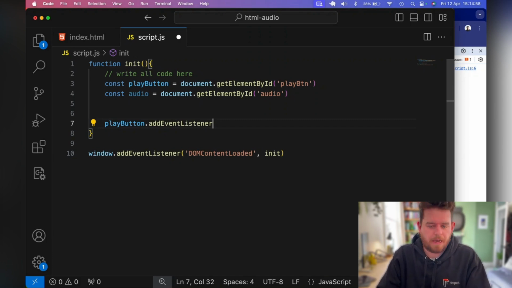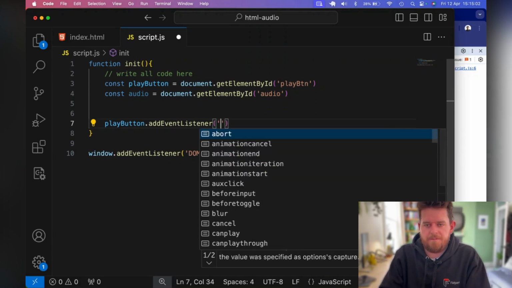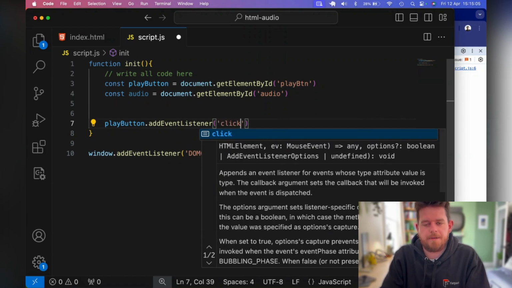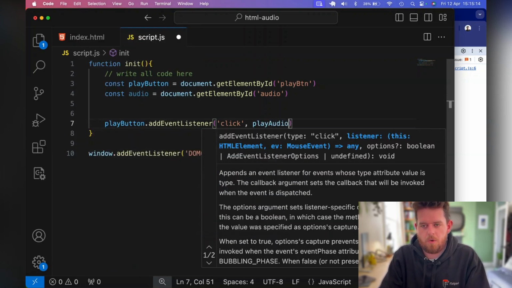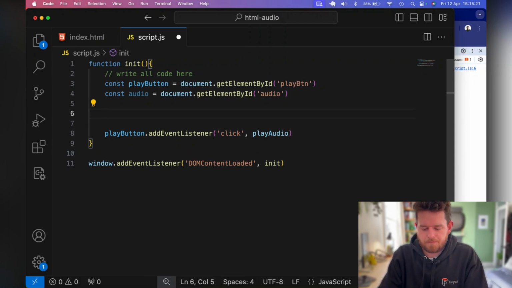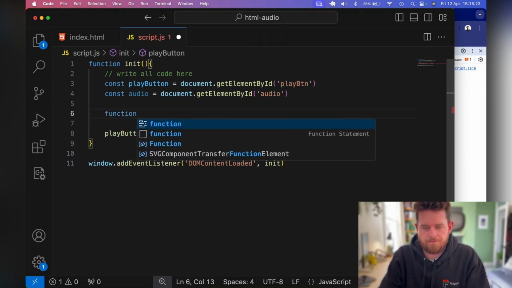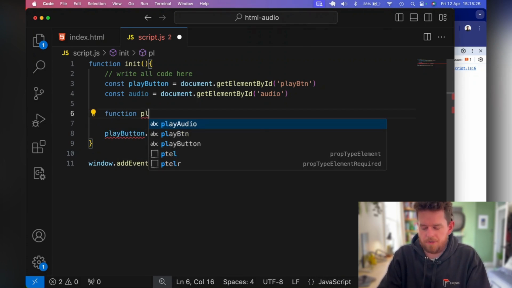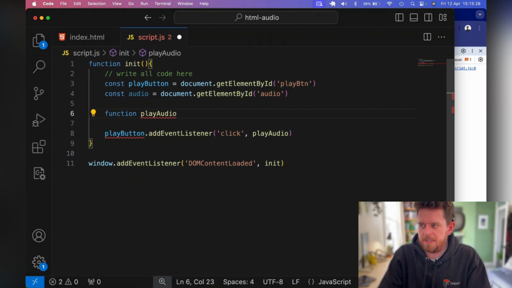Of course, this could be mouse over or any number of different events, but we will just say for our click events, we want to run a function, and we'll call this function playAudio. So let's now write our playAudio function. So we'll say function playAudio, and of course we'll use the autocomplete so that we make no typos. Brackets